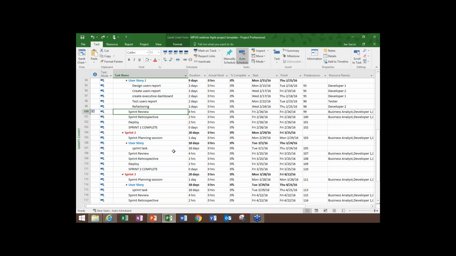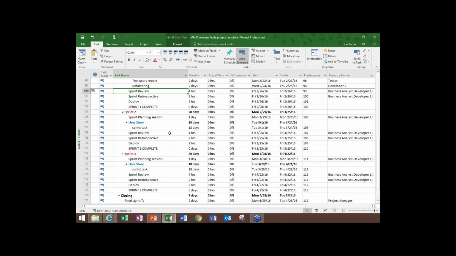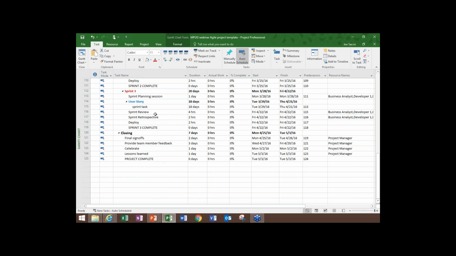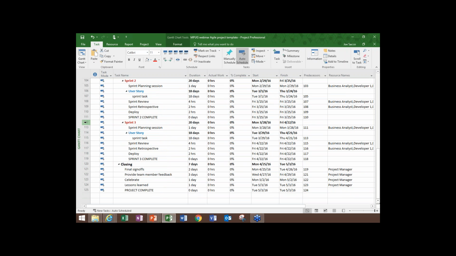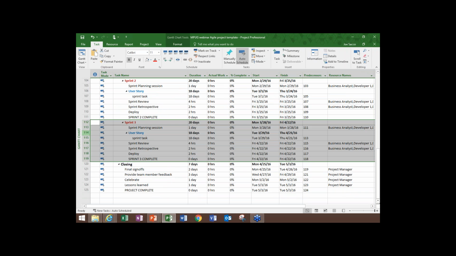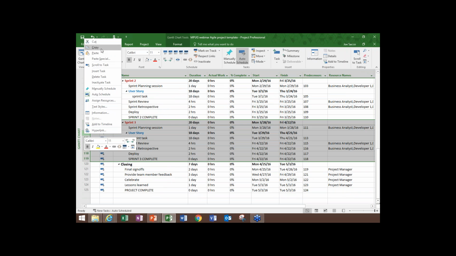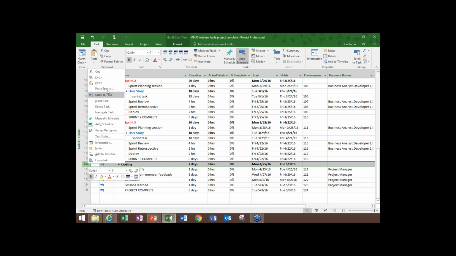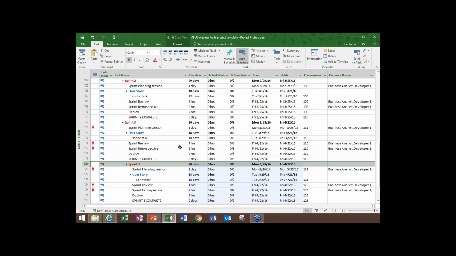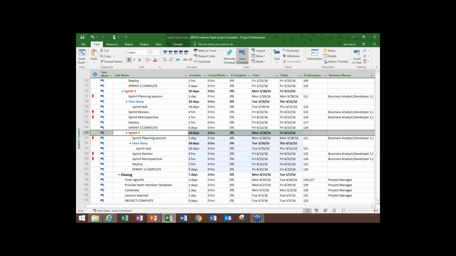And if you notice on the future sprints, I really haven't done anything. I haven't applied those constraints yet because I don't know exactly when I'm going to start those. The nice thing about Microsoft Project, though, is once you've built somewhat of a template here to use, you can easily copy these and create another sprint. So we're going to create sprint 4.